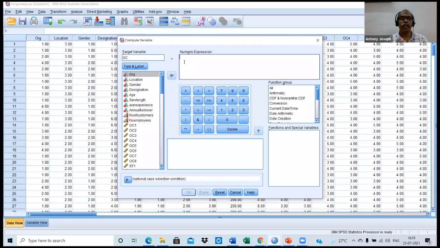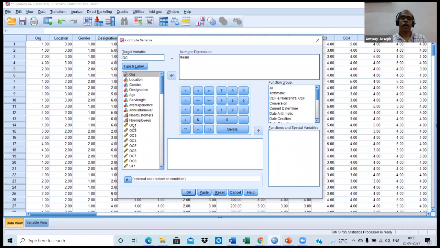We are going to compute the value of organizational capabilities by taking the mean of 7 different items. Even though there are 8 items, we have already avoided one. The avoided one should not be taken into account for the construction of the scale. That is important. So you type mean, then put a bracket here.